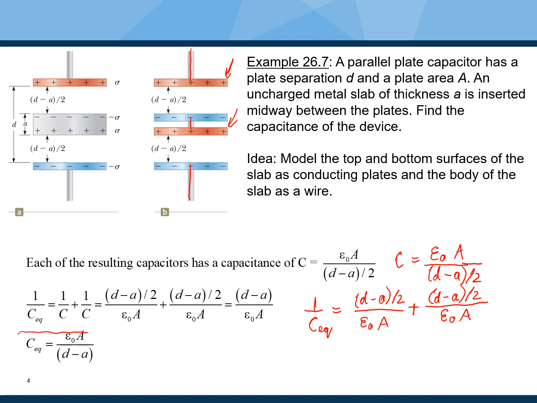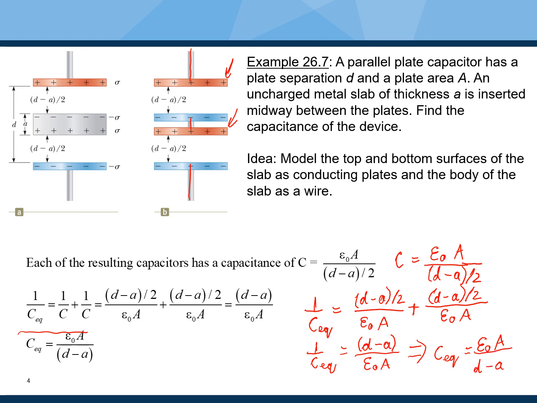So this is actually equal to (D minus A) divided by epsilon naught times A, and this is equal to 1 over CEQ. Therefore, CEQ, the equivalent capacitance, is just equal to epsilon naught times A divided by (D minus